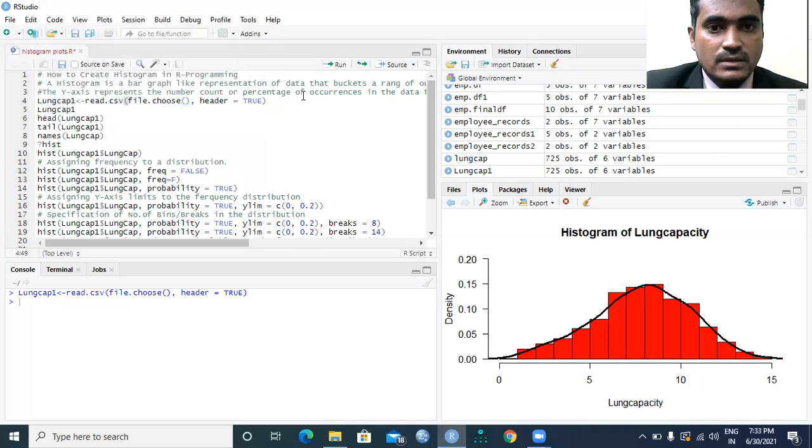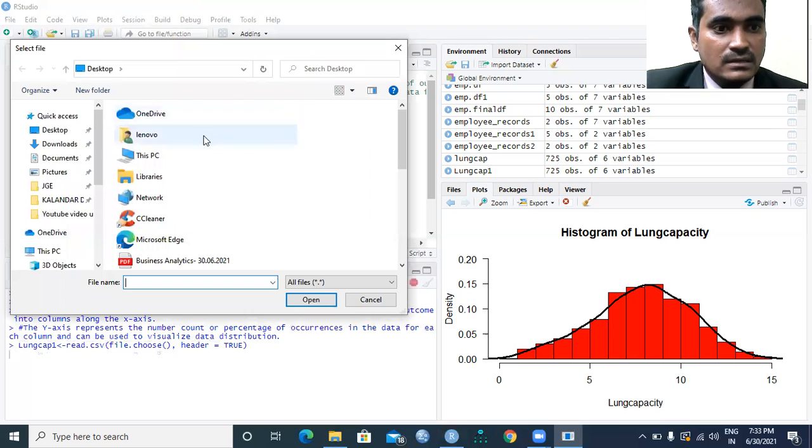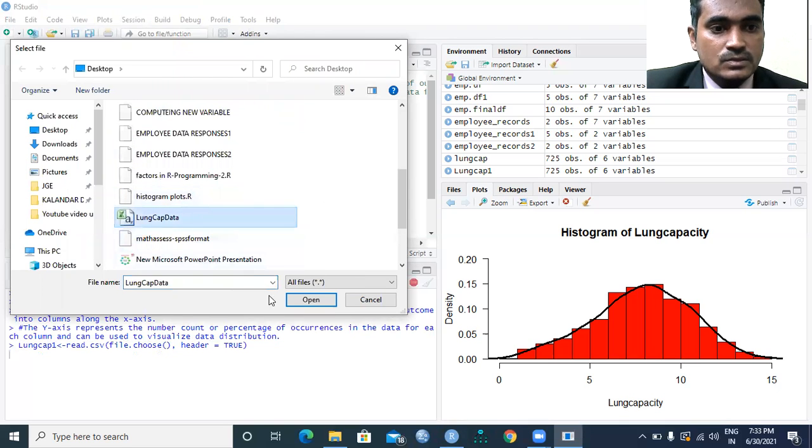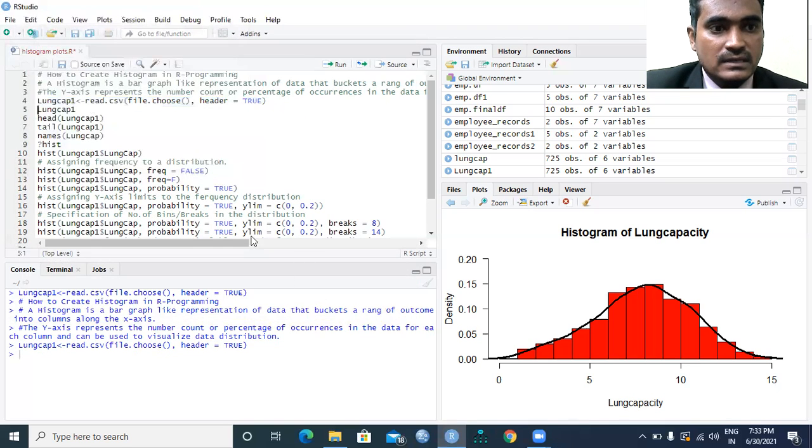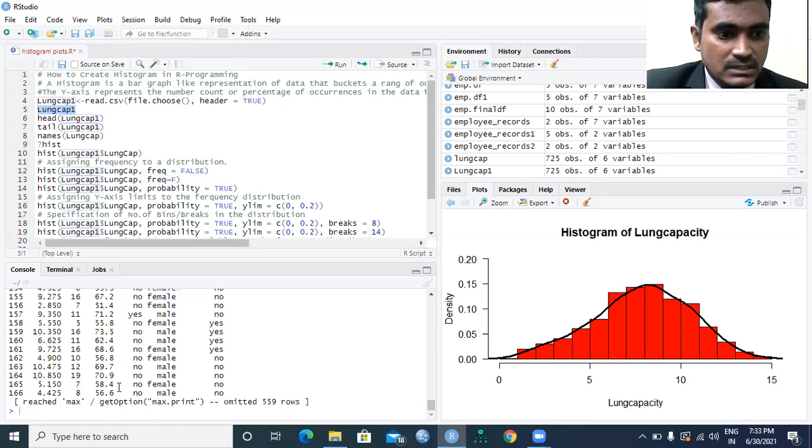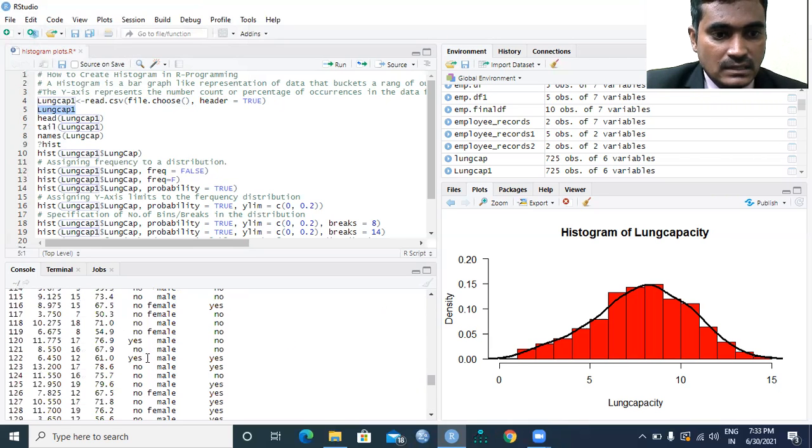Just execute this command. If you want to view the lung capacity file explicitly, you can view it also.